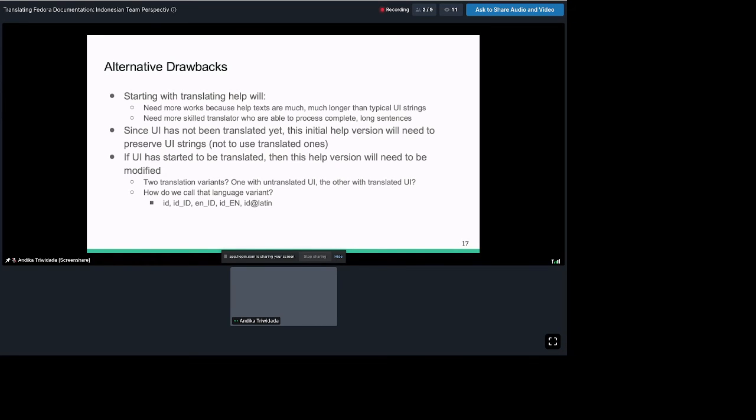Do we translate the UI? And I think the main problem is how do we name the language of a translation that only translates the help, the guide, not the UI. So maybe it's a crazy idea, but that's what I have been thinking lately.